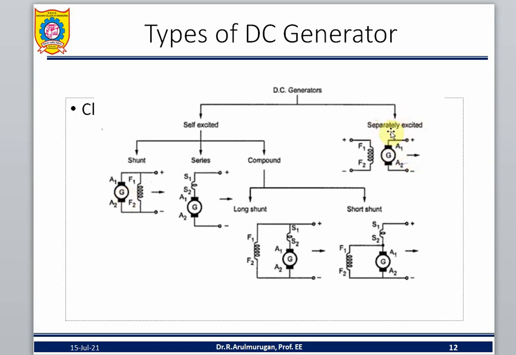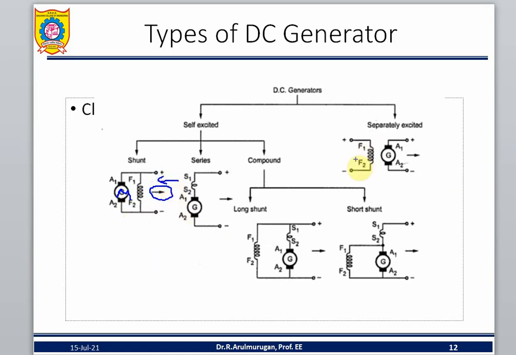Separately excited means what? The field winding is excited separately. Self means the armature winding and field winding share a common source. If the current is coming outside, that is a generator; if the source is given, that is a motor. See, the arrow mark is coming outside, the current is coming outside, so it produces current, meaning a generator. Here you write M, and then you give the current. That is called the motor.